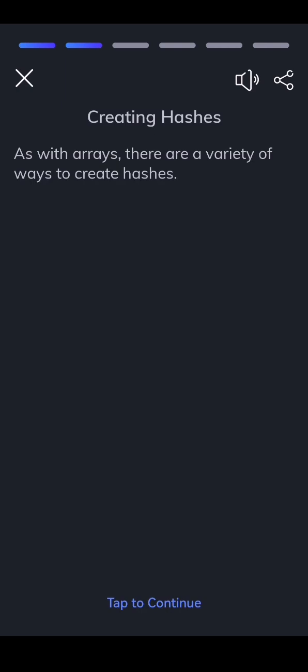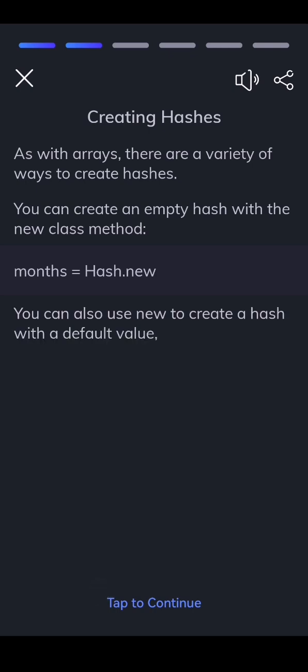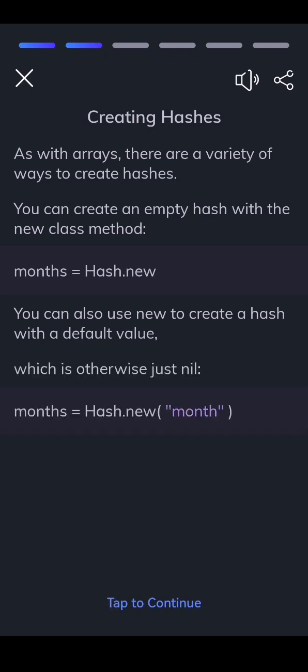As with arrays, there are a variety of ways to create hashes. You can create an empty hash with the new class method. You can also use new to create a hash with a default value, which is otherwise just nil. Or